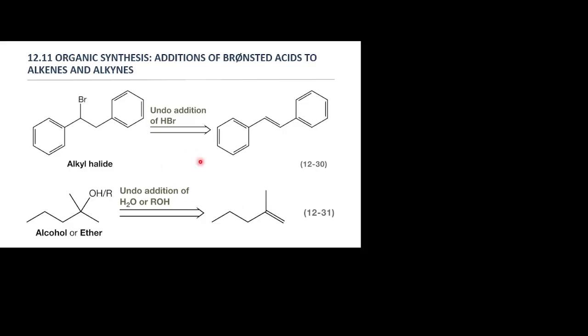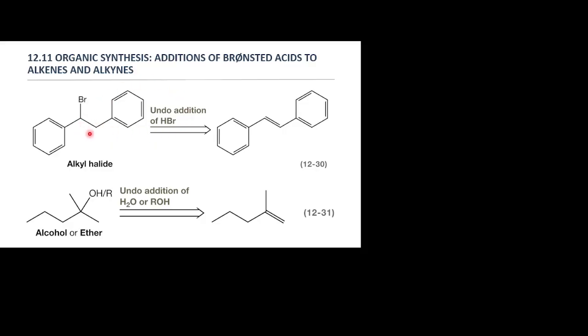Does everybody remember retrosynthesis? This is the retrosynthetic, the undo reactions, meaning you're looking at the reaction in reverse. So if you're planning a target, you'd start with a target, a thing that you want to make, right? And then you'd have to plan the reactions backwards to figure out what starting products you want. And that's called retro, backwards synthesis, right? Okay. And so this is going to be the undo addition of the HBr, right? And so we have an HBr across something and we undo it.